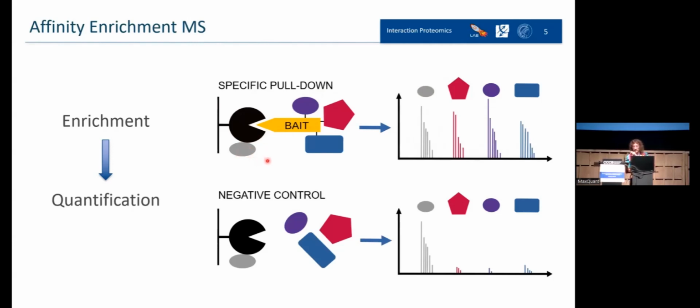But then we do the second experiment without the bait, and after washing away all the proteins inside our sample, the only thing that should remain similar to the previous experiment are the unspecific binders, because we expect the other proteins not to be bound anymore to our antibody, since the bait was not present there. So then we calculate the quantification, we do a volcano plot, and we don't expect to find any significance in the unspecific binders, and we expect instead to find significance in the proteins that form